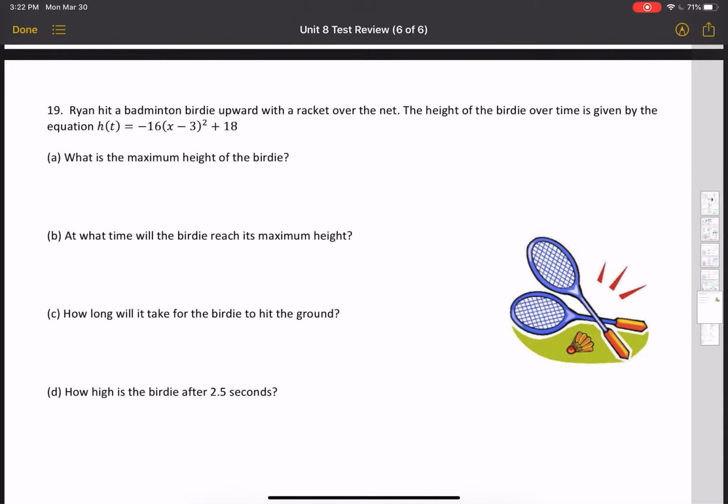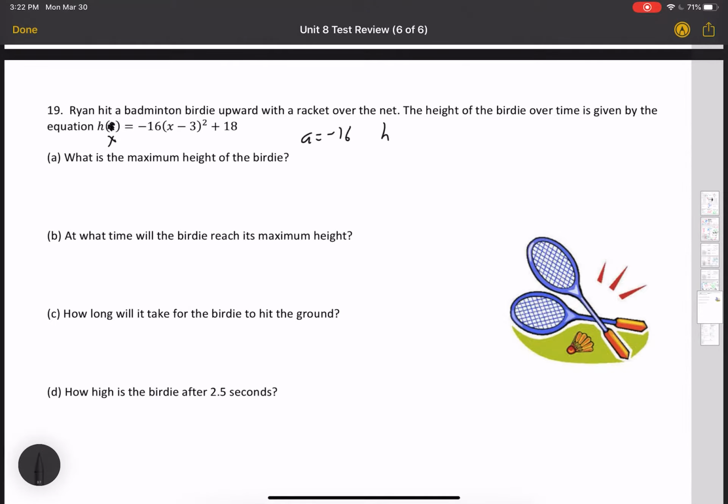Okay, so very last problem is going to be our vertex form application problem. Ryan hit a badminton birdie upward with a racket over the net. The height of the birdie over time is given by the following equation. I'm going to change this first t to be an x, just because we can't have t's and x's. That's a typo. So here we still want to label our a value,